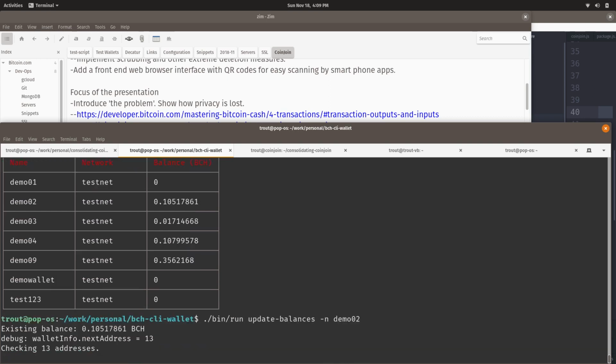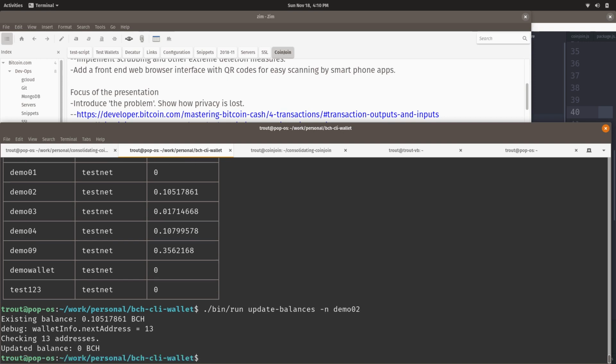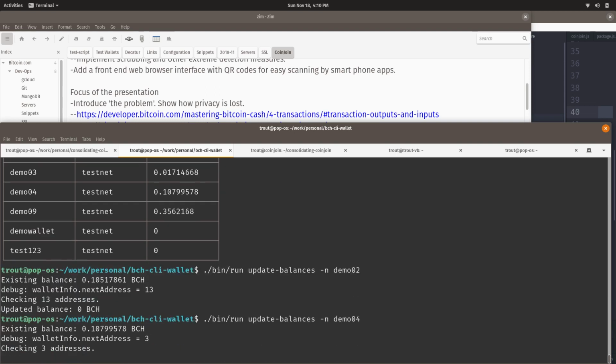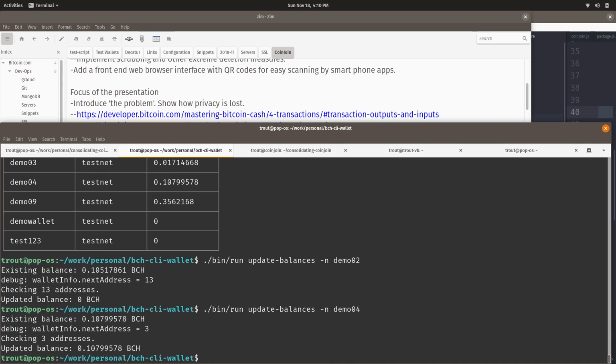Make sure this one has a balance. Okay, that's the one I sent. I think this one still has a balance. Okay, so that one still has a balance. So I'm going to do CoinJoin.